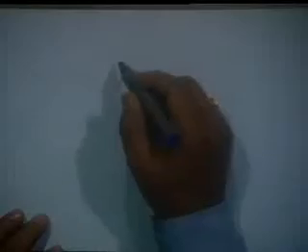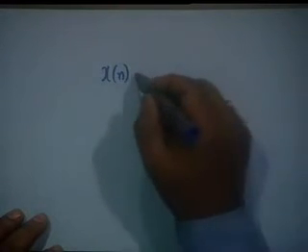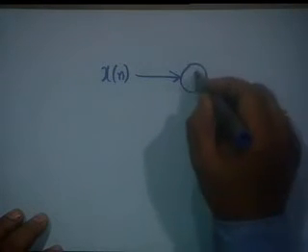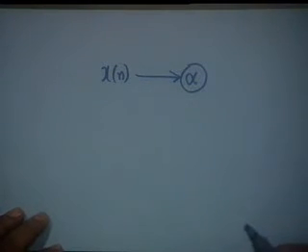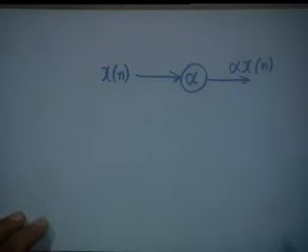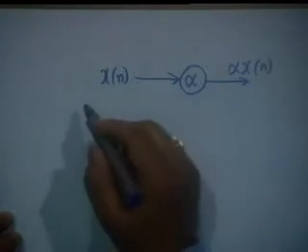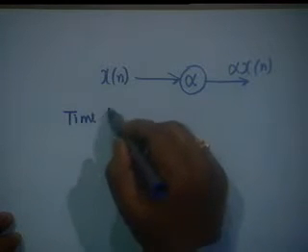And then multiplication can be of two signals or can be by a scalar. For example, if you have x of n and you wish to multiply this by alpha, the symbol that we shall use is simply alpha inside the circle, and the output is alpha x of n. This is a scalar multiplication. It is not multiplication of two sequences. If multiplication of two sequences is involved, we use a cross, whereas this is a scalar multiplication. And then we have time reversal,